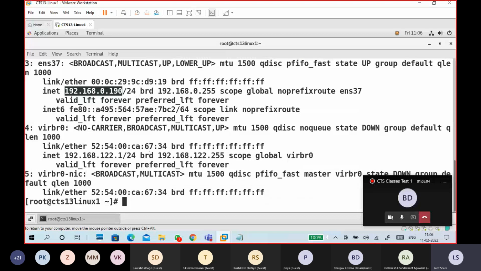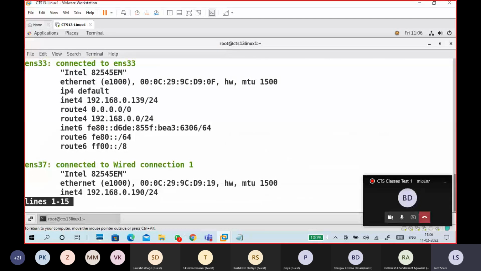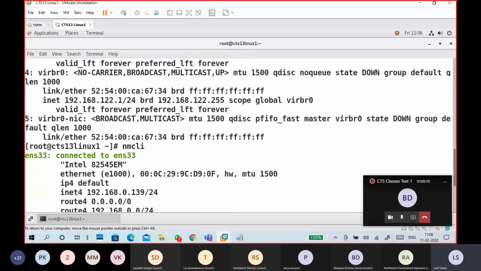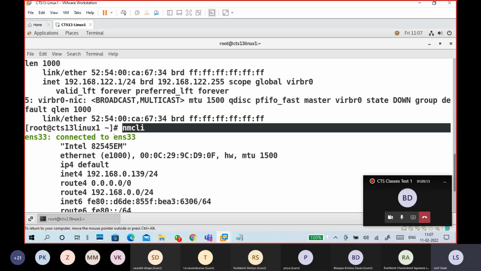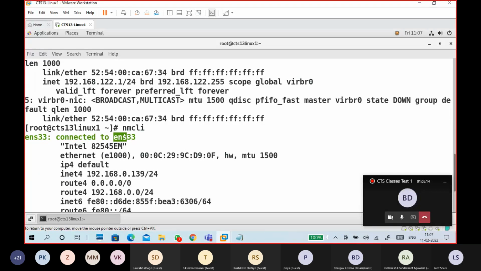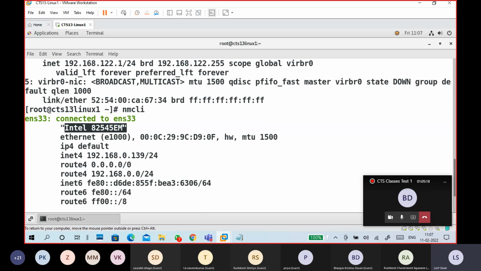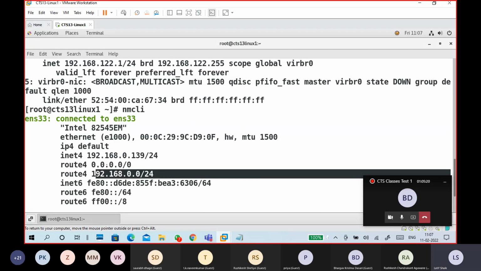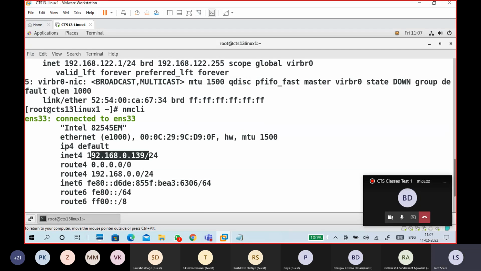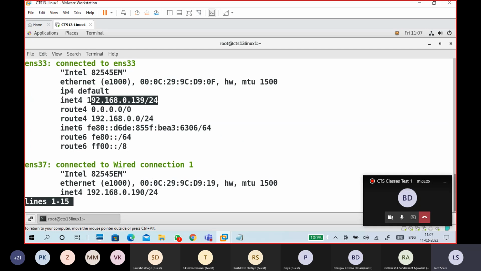NMCLI. Get the IP address. See it is. ENS33 is your adapter name, this is your network, this is your IP address. This is connected to, this is the name of this one. That's why it is showing wired connection 1.